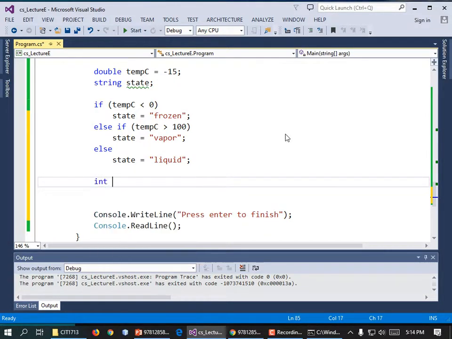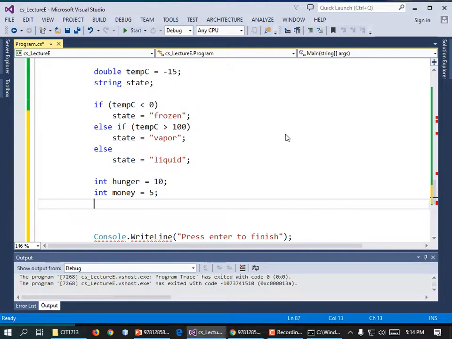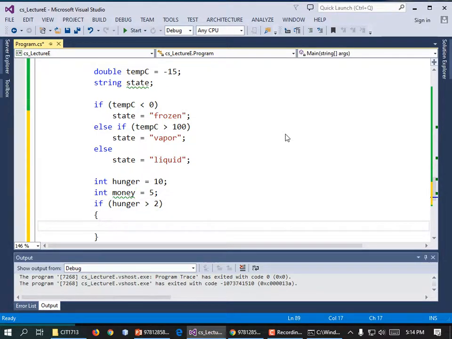Let's say that we have an integer to represent our hunger, and then another integer that indicates the amount of money we have. If we are hungry, if our hunger is greater than 2, we're a little bit hungry, inside there we need to check to see if we have enough money. If money is greater than 4, that's the minimum cost of food here,